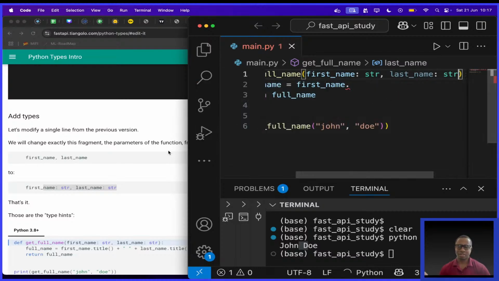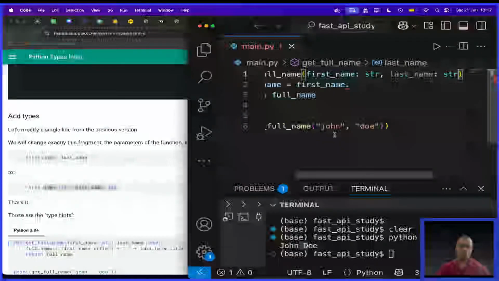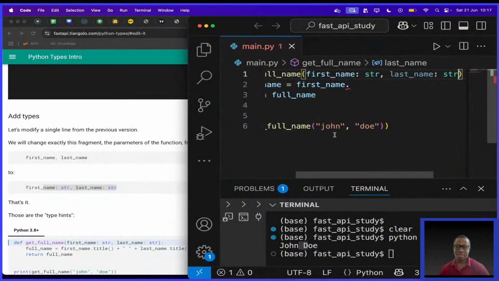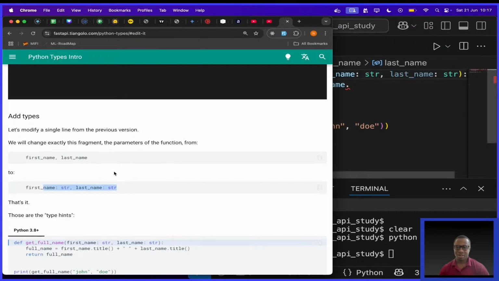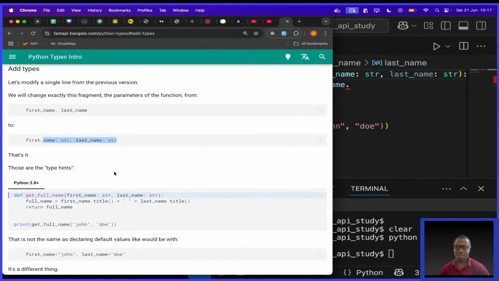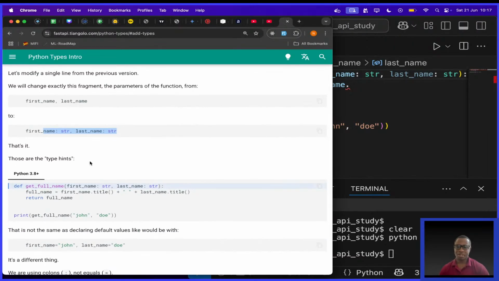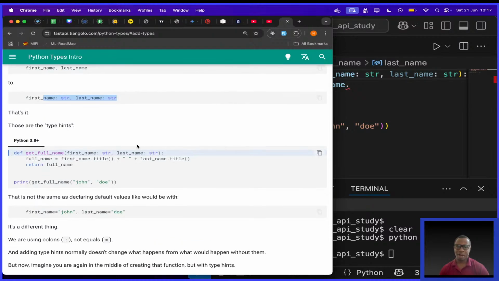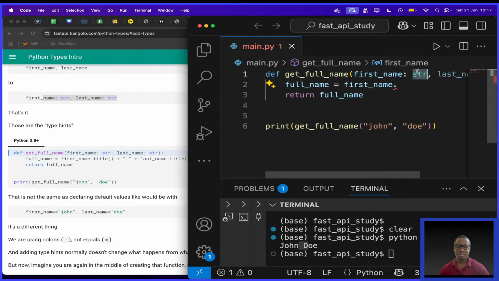Very easy. Actually, I think after looking at these types, we should go to the tutorial and do some basic stuff before maybe in the next stream I go back to concurrency and the like. Okay, then they say that's it. Those are type hints, of course. Now, because we have added this, they are saying,